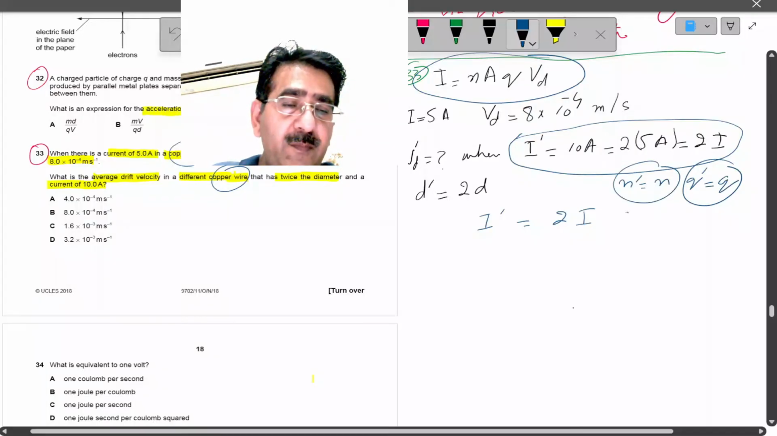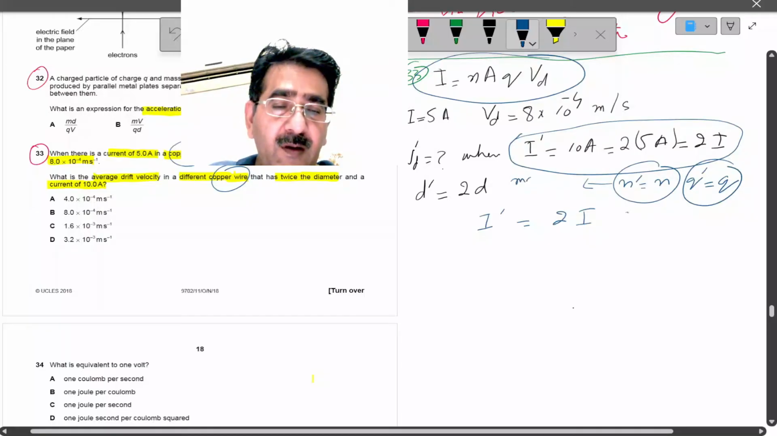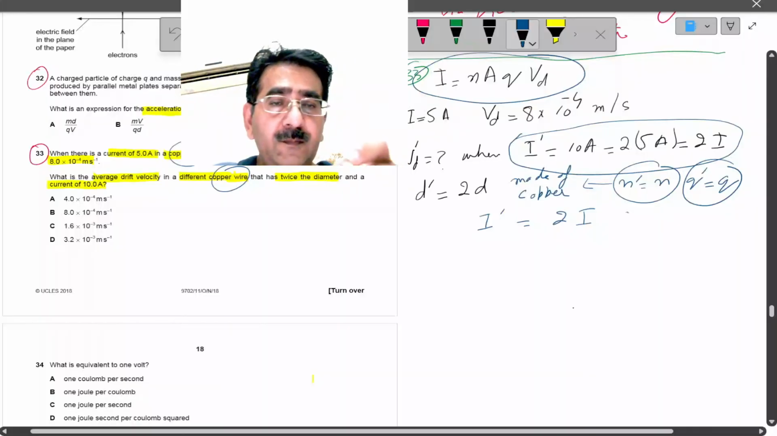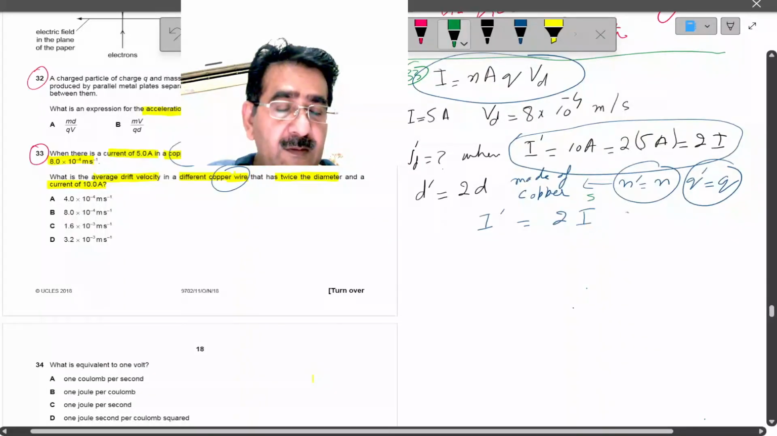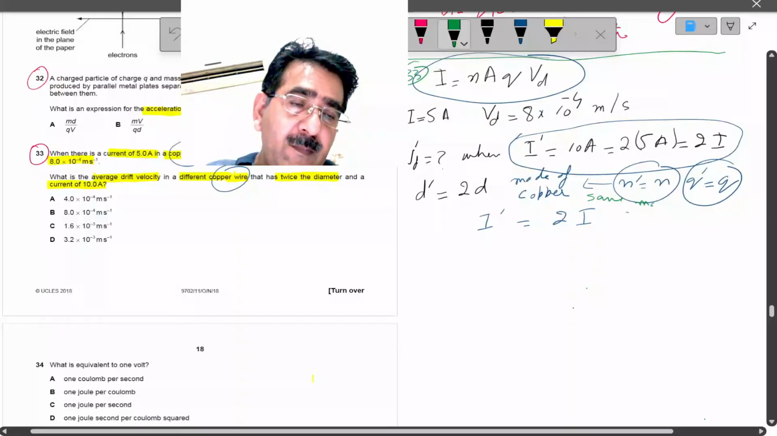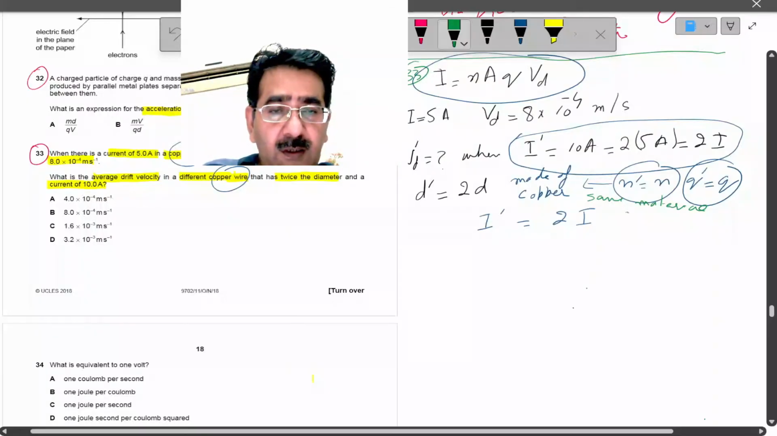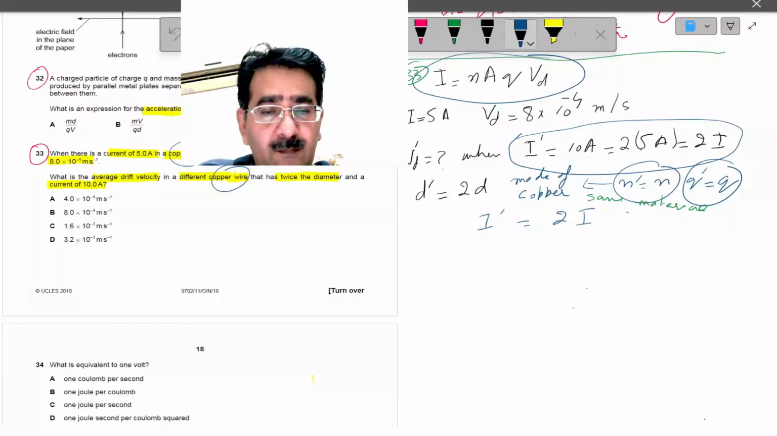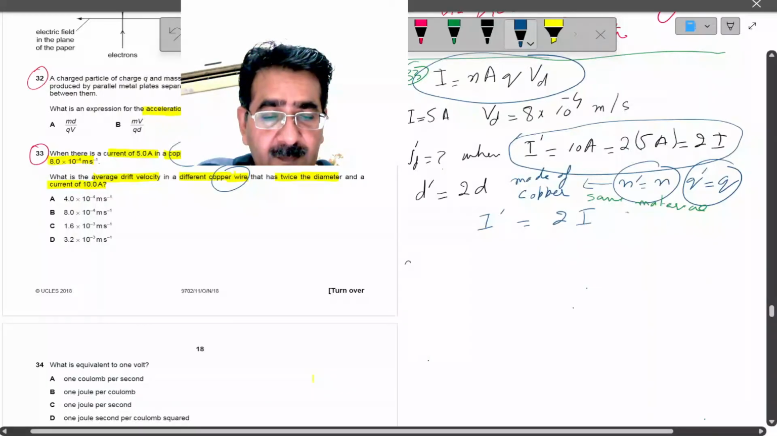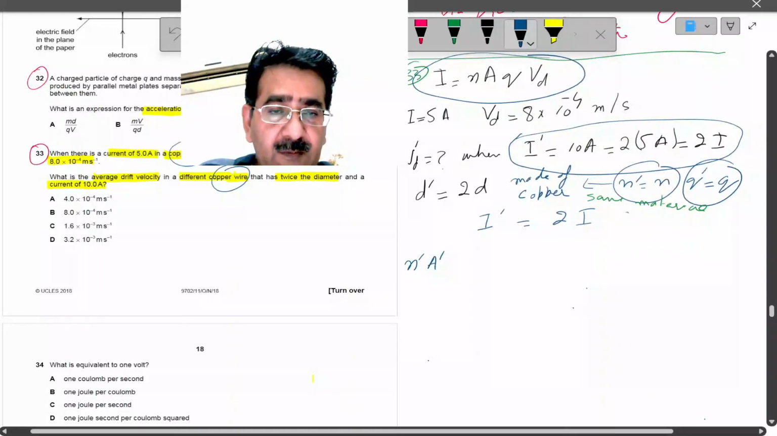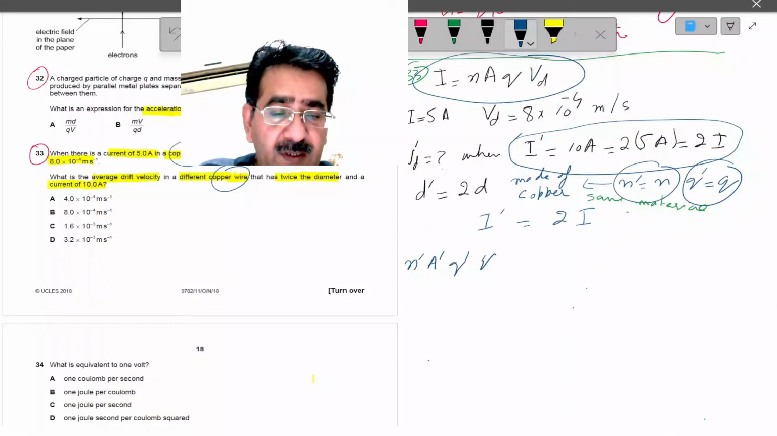That is also an important point, because both are made of copper, meaning the same material. So that's why they are the same. So by putting the values N dash, A dash, Q dash, VD dash,